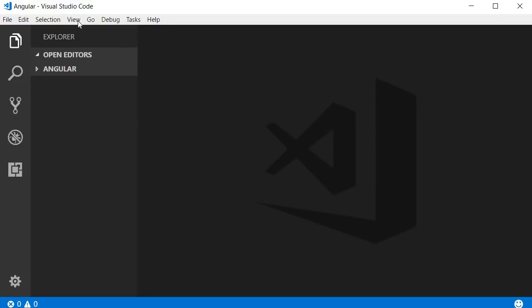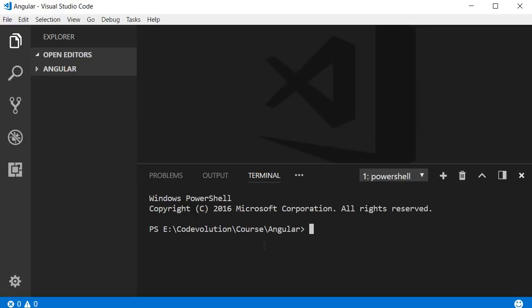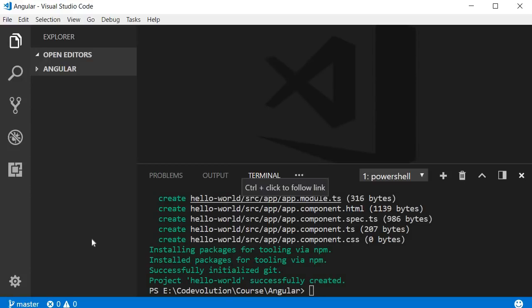Now Visual Studio Code has an integrated terminal from where you can run your commands. So go to View and click on Integrated Terminal. And over here, make sure you're inside the Angular folder. To create a new Angular project, run the command ng new followed by the project name, which in our case is going to be hello-world. The command takes a few minutes to run, but once it completes, you must have a Hello World